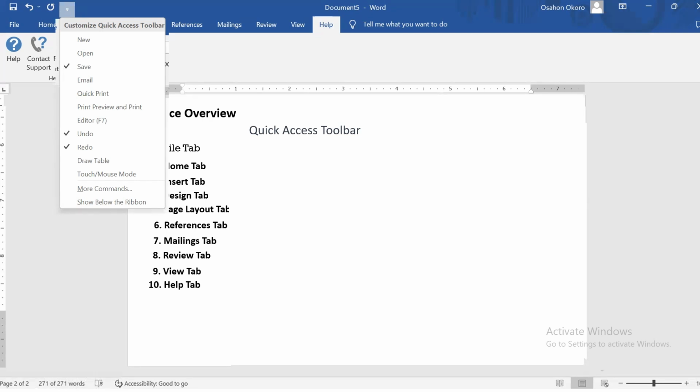When you open Microsoft Word, the first thing you want to click on is either to create a new document or to open an existing document. After opening the existing document, the next thing is to edit it. After editing the document, the next thing is to save it. And with time, you may want to email it. So these are the quick access commands of Microsoft Word.